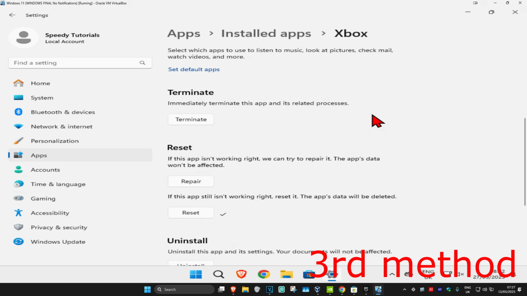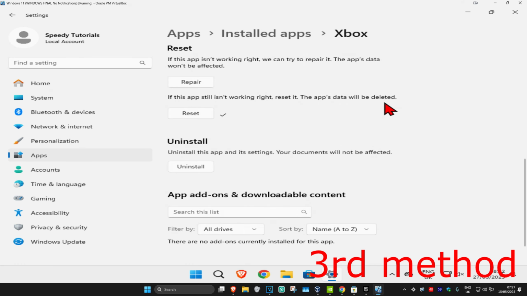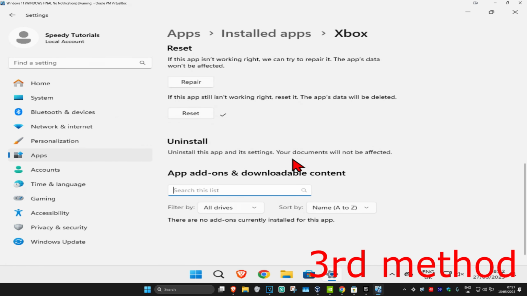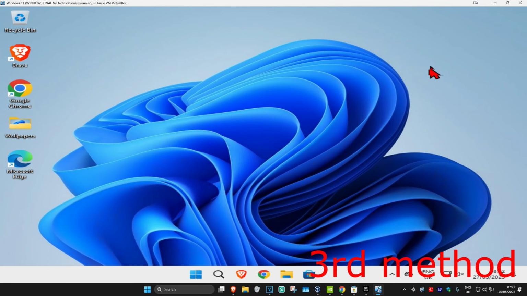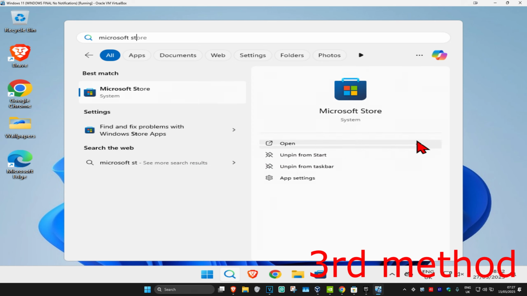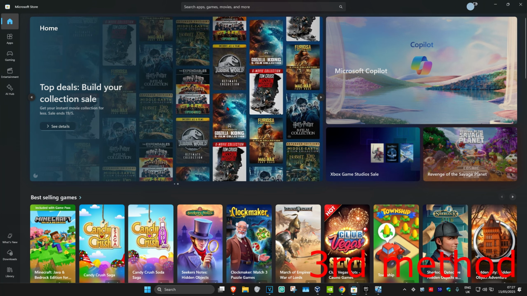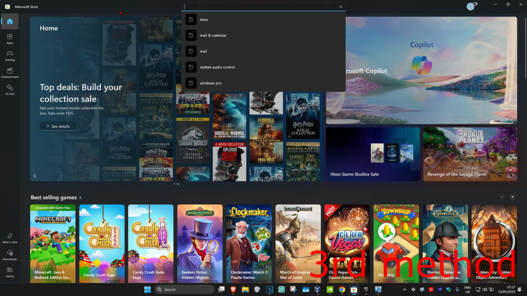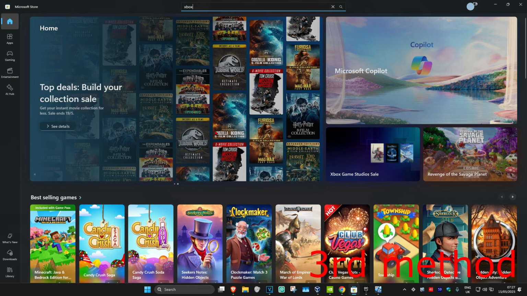If that's still not working, then for the last method, you're going to scroll down again and then click on uninstall. And then click on uninstall again. We're going to uninstall the Xbox application. Now once that's been uninstalled, you're going to head over to search and type in Microsoft Store. Click on it. And then once you're on the Microsoft Store, you're going to head over to search and type